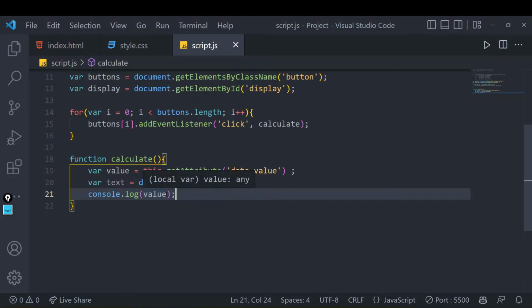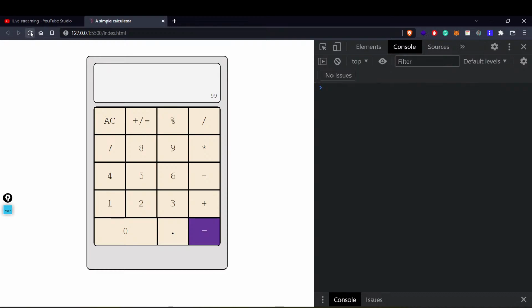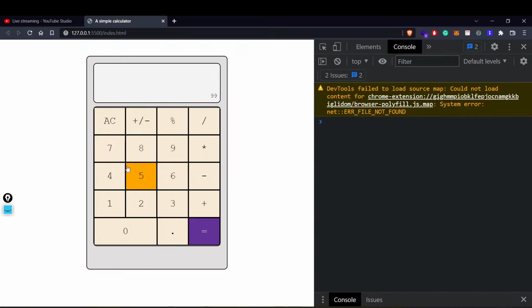So I have just written that, and I know you are asking for the attendance link. Just a minute, let me show you whatever value we are getting, and after that we'll continue and I'll share the attendance link with you, right? So please note the console area. If I click on 5, can you see 5 written over here? If I click on 9, can you see 9 written over here? If I click on divide, can you see this? So our major task is done. We have segregated what value we are trying to get and what the value of that is.